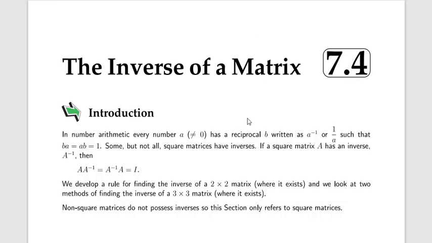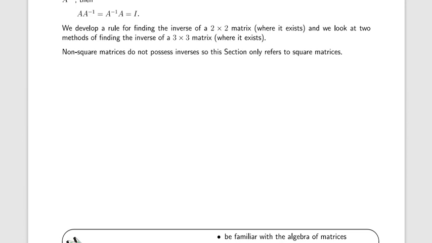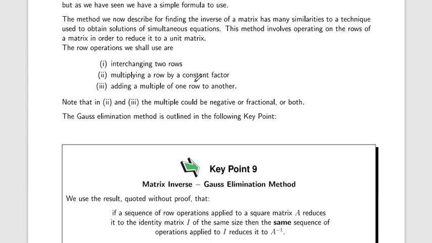Now, inverse of matrix is the same as Gauss-Jordan elimination. In this inverse of matrix we also have the 3 row operations: interchanging 2 rows, multiplying a row by a constant factor, and adding a multiple of one row to another. These 3 row operations remain the same in all matrix operations, in Gaussian elimination and Gauss-Jordan inverse of matrix.